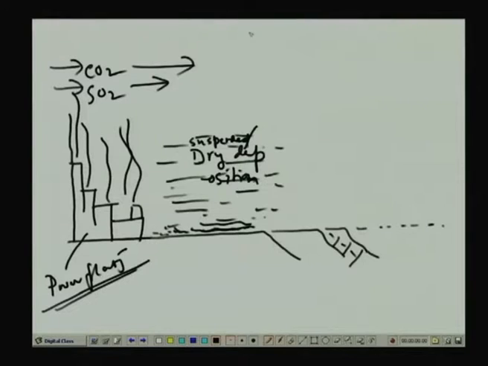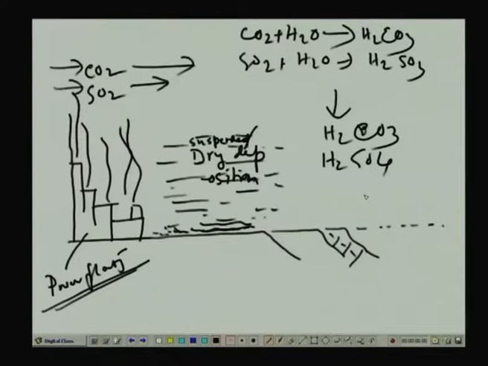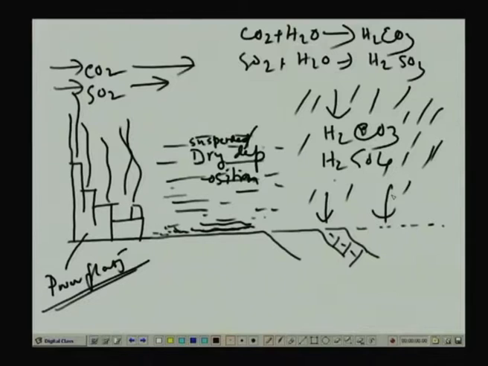CO2 and H2O would finally lead to H2CO3. SO2 plus H2O would finally give H2SO3, which would finally come back as H2CO3 and H2SO4, and finally, wet during rain or during any kind of atmospheric changes which would lead to higher moisture content in the environment, would make them come back